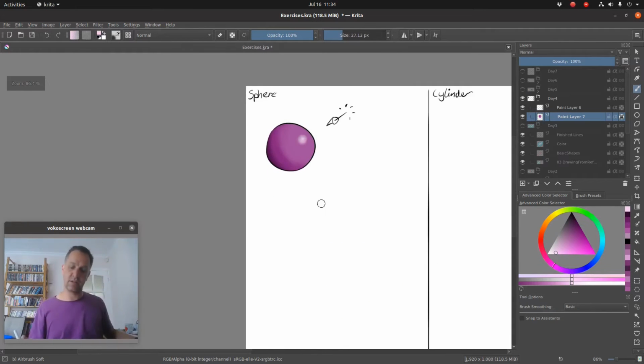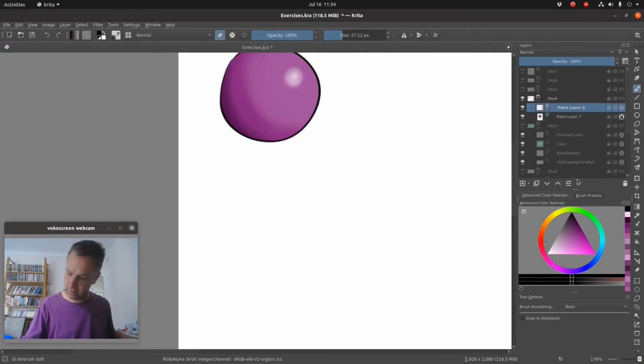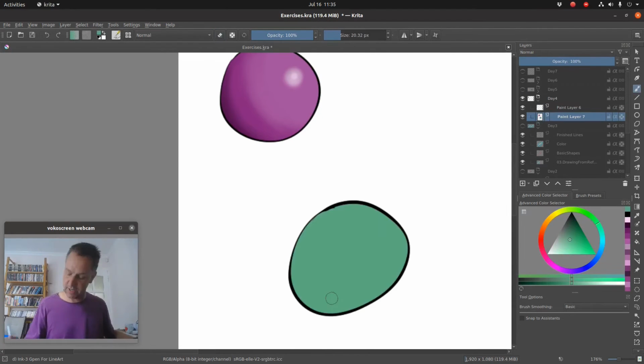So the good thing about this sphere is no matter what direction I draw it from, it's always going to look the same because it's symmetrical. But if I change the direction of the light, the shading pattern is going to be different. So, for example, if I draw another sphere but put the light source behind it,